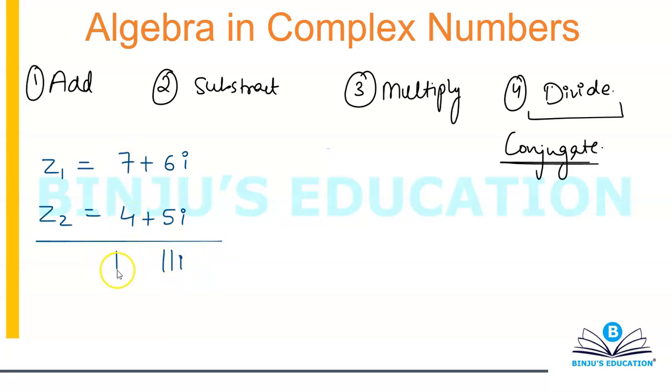7 plus 4 is again 11. So this will become 11 plus 11 iota. Okay, there is no such thing as carrying forward. Like if you remember in maths, if I would have asked you to add 76 with 45, you will say 6 plus 5 is 11. So you're going to write 1 here. You're going to carry over 1. 7 and 1 is 8. 8 and 4 is 12. So this will become 121, right?